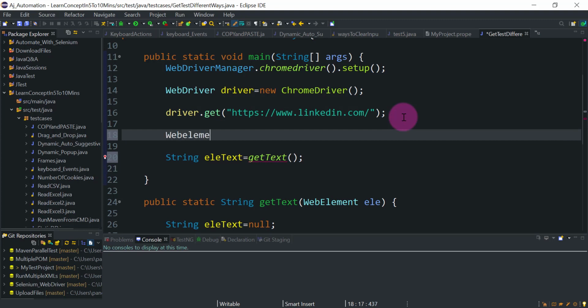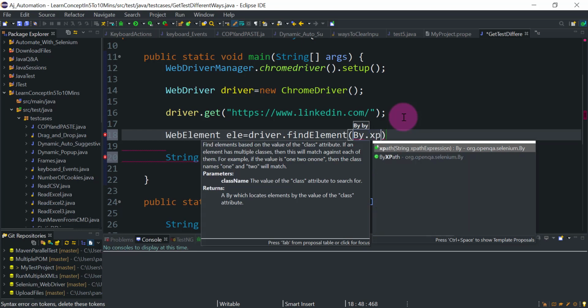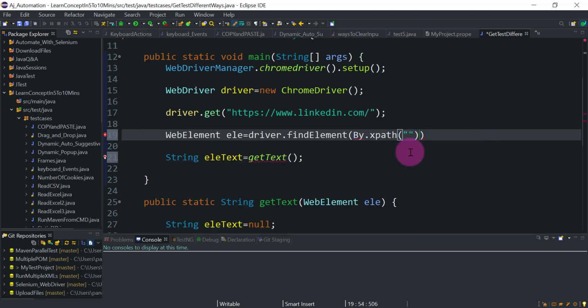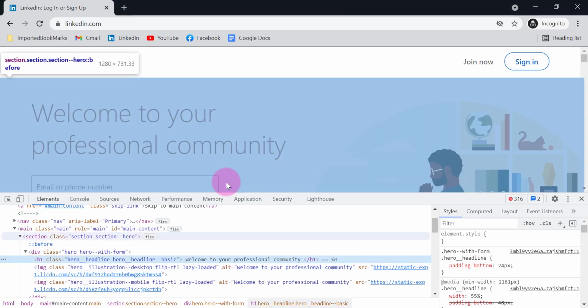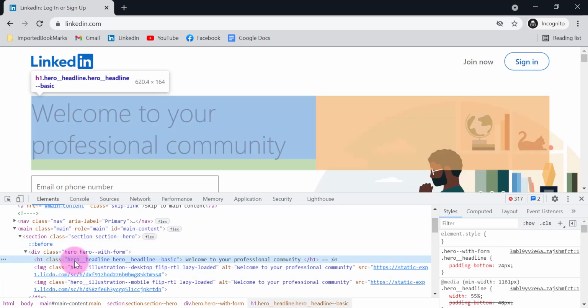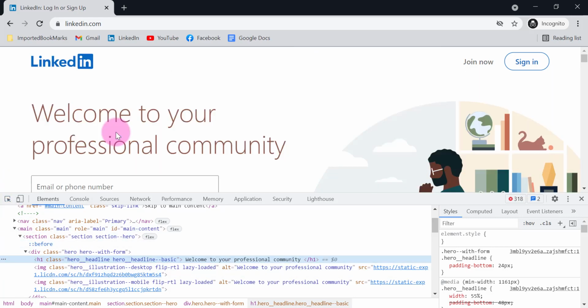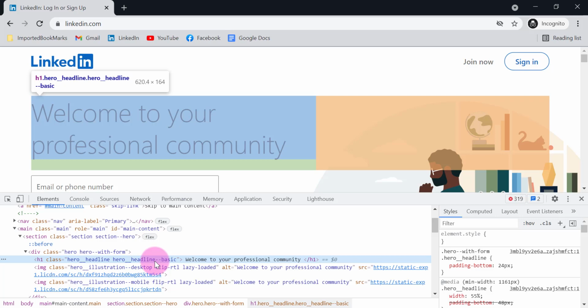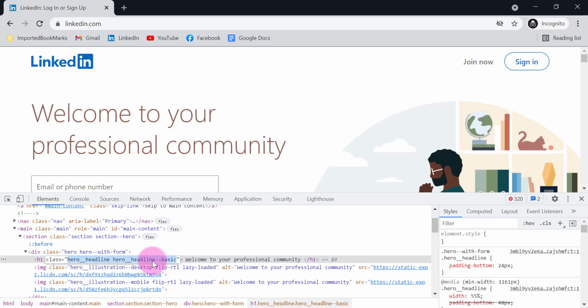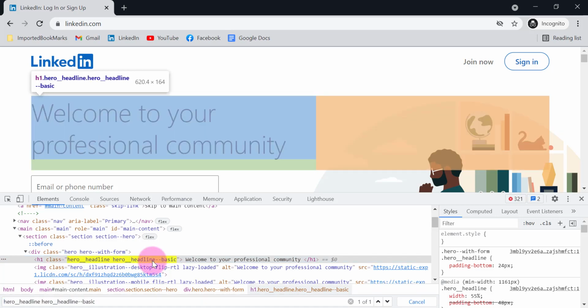So here I will create a web element: WebElement ele equal to driver dot findElement, let's say By dot xpath, and the xpath for this web element. So we have class here, you can directly use class or you can create the xpath also.